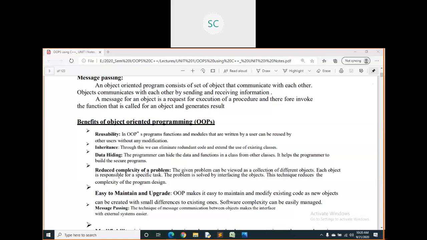These are some benefits when we work with object-oriented programming. Reusability means code you can reuse. We will see how we reuse the code by using the inheritance concept. Data hiding: we have seen how we hide the data, and that can be done by using object-oriented programming. The complexity of the program will be reduced. You cannot write everything again in every program; you can reuse the code. That means you can reduce the code by reusing the previous code. It is also easy to maintain your